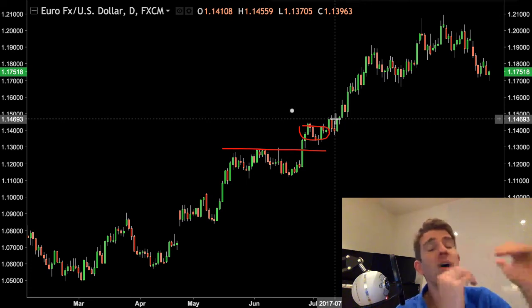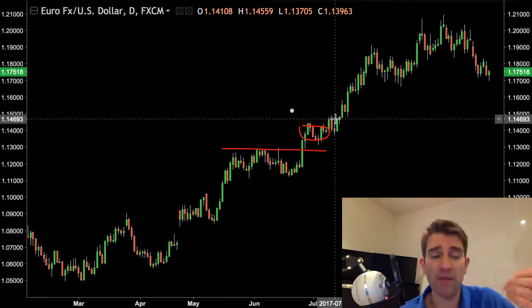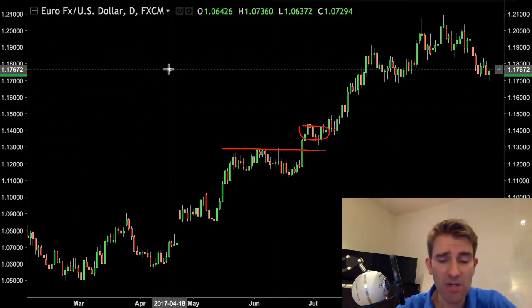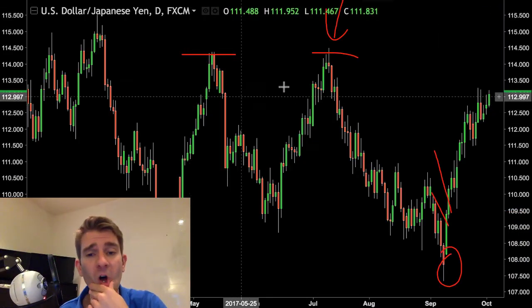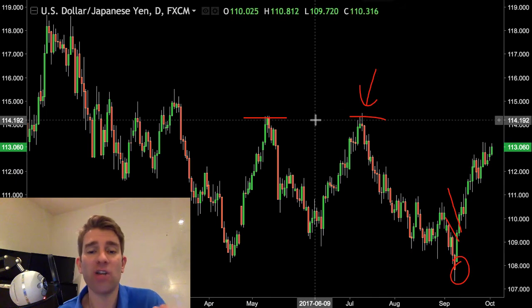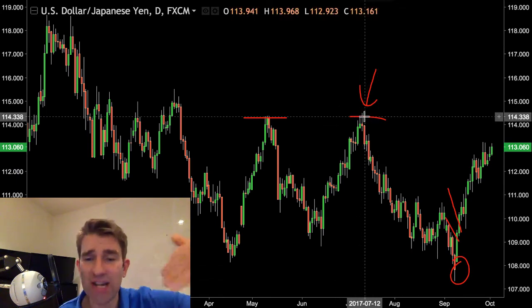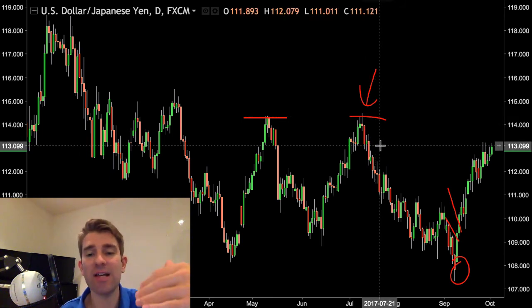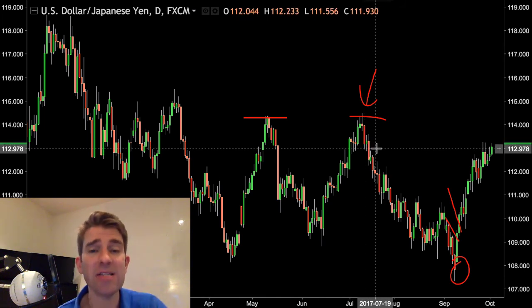Same with the rejection of the high or low. Push up, wanted to reject straight away and push back down to the other side. Example of that would be, let's go with another currency pair example, US dollar yen. That rejection of the high here, whenever it was, doesn't matter the date. The point is we're selling it there. We want to see it reject. We say to ourselves, hey, it's got to move to my target of 100 pips within 3 days, or I don't want it. That would be a very, very simple time stop.